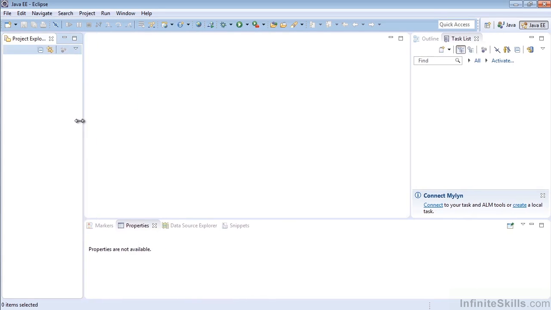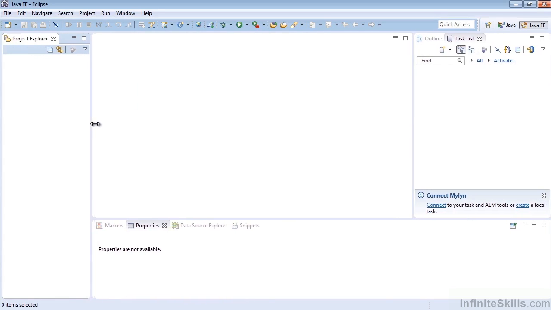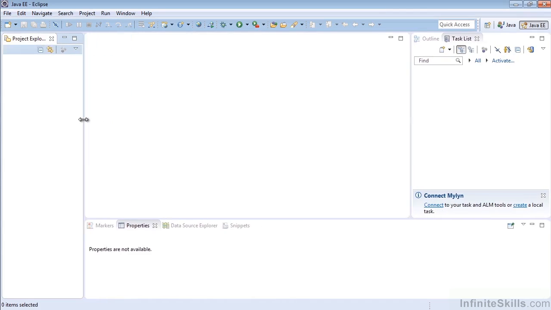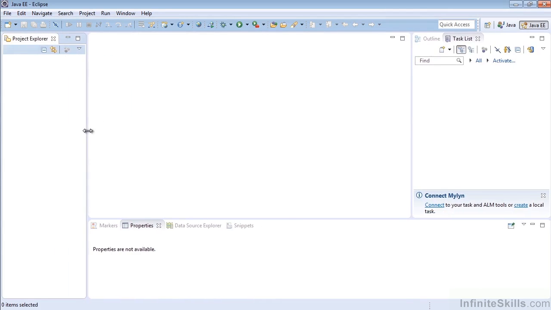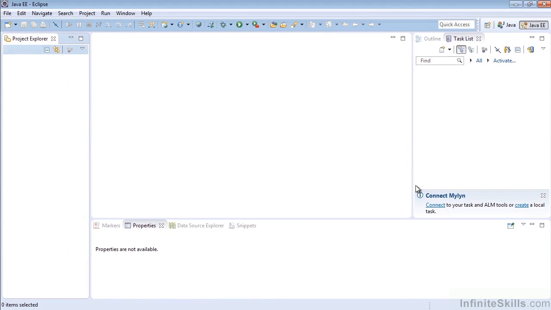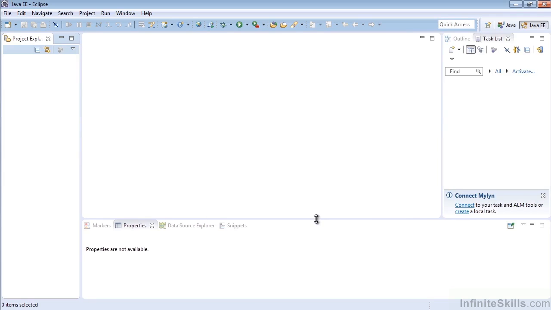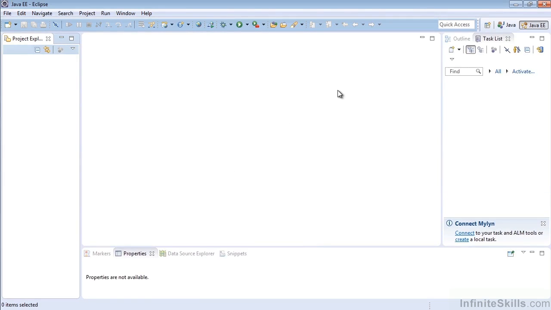And I want you to note that you can expand and contract these lines by clicking and holding on it. If you hover over the spot, you'll see that it changes to a left-right arrow. And you can actually drag that left if you'd like to make that smaller, so you can see your code editor window, which is essentially this middle block that will contain our code, and that will be able to be expanded by moving these left and right. We can also drag this part down here, and ultimately when we have code, we'll be able to double click on this section and open it up to the full screen,